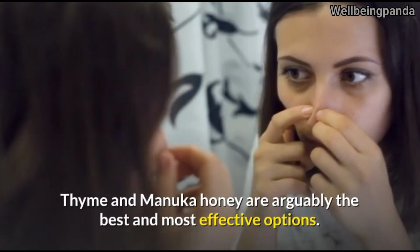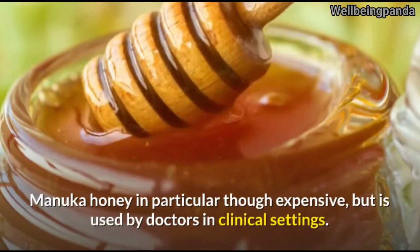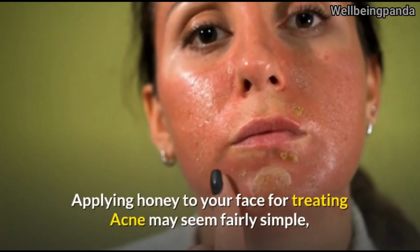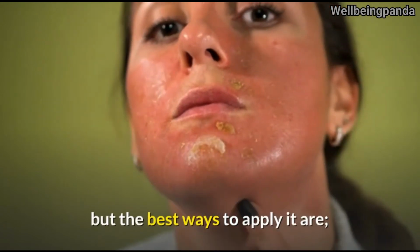Thyme and Manuka honey are arguably the best and most effective options. Manuka honey in particular, though expensive, is used by doctors in clinical settings. Applying honey to your face for treating acne may seem fairly simple, but the best ways to apply it are: